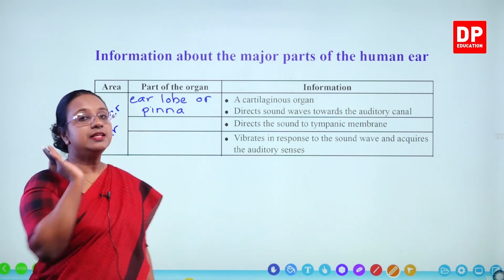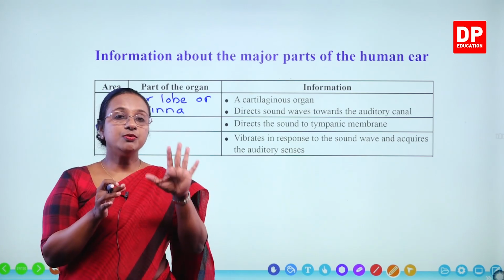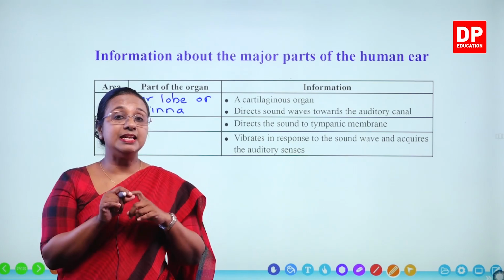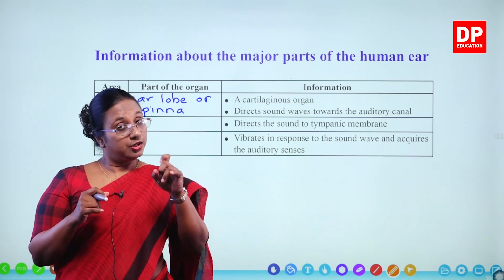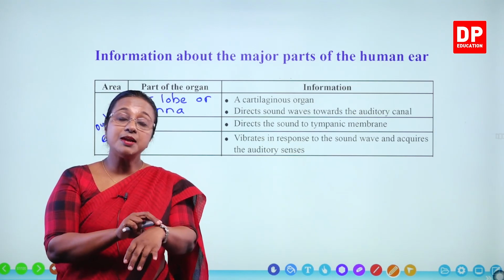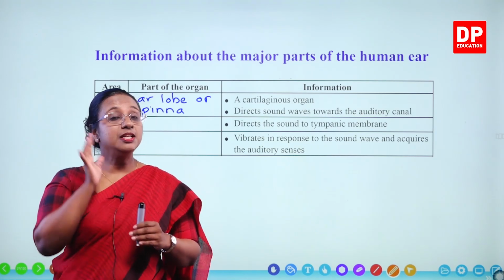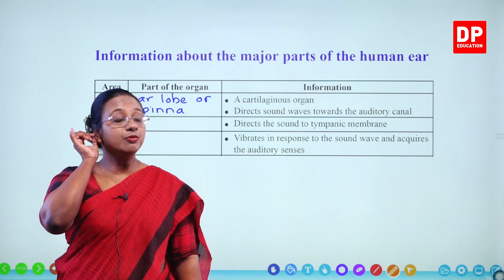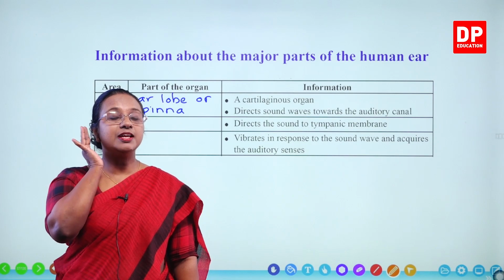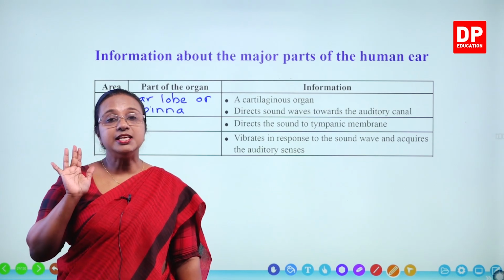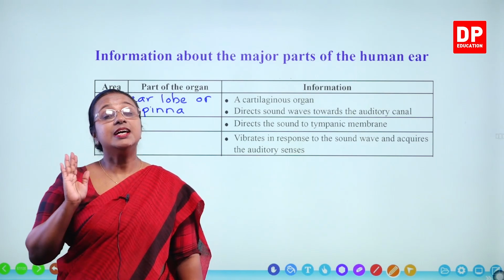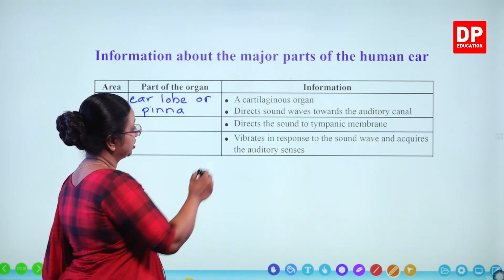Now if you take this earlobe, now you have the bones in your hands. Can you bend it? Is it flexible? You can bend your fingers where there are joints, but you can't bend the bones. But if you take your earlobe, you can bend it. You can fold it like this. You can cover it. You can turn it. So that is possible. The reason is the earlobe is a cartilaginous structure or organ.